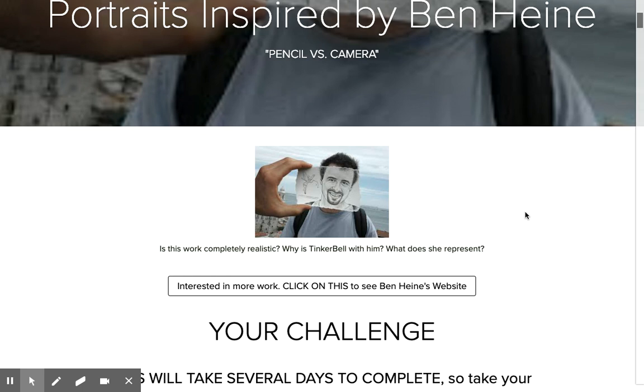Is it completely realistic? Now, it looks very much like the person, right? It's got good proportions of the eyes, nose, and mouth. But if you pay really close attention, the background imagery is not quite what you think. Can anyone tell what that is back there? Yeah, that's Tinkerbell. So, what's Tinkerbell from? Right? She's from Peter Pan. And remember, that's about a boy who doesn't want to grow up. So, this idea of always wanting to be kind of childish could be maybe why he's representing that with this